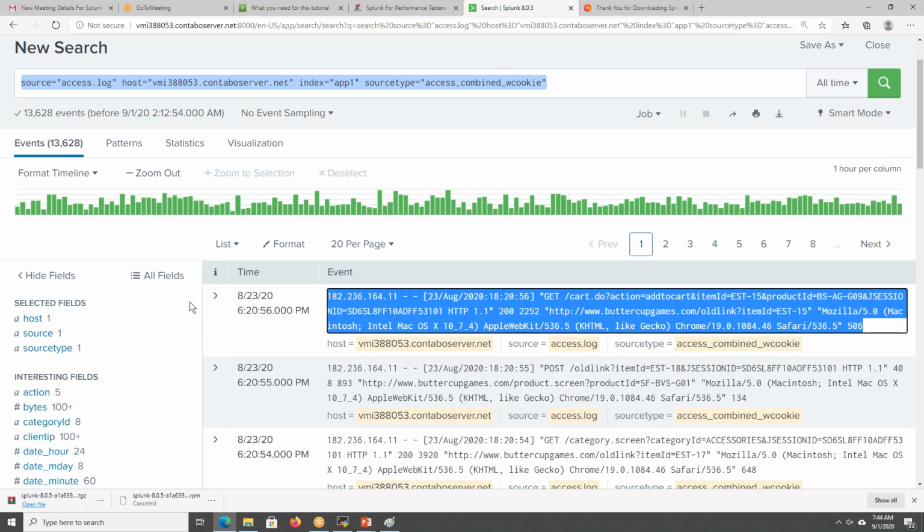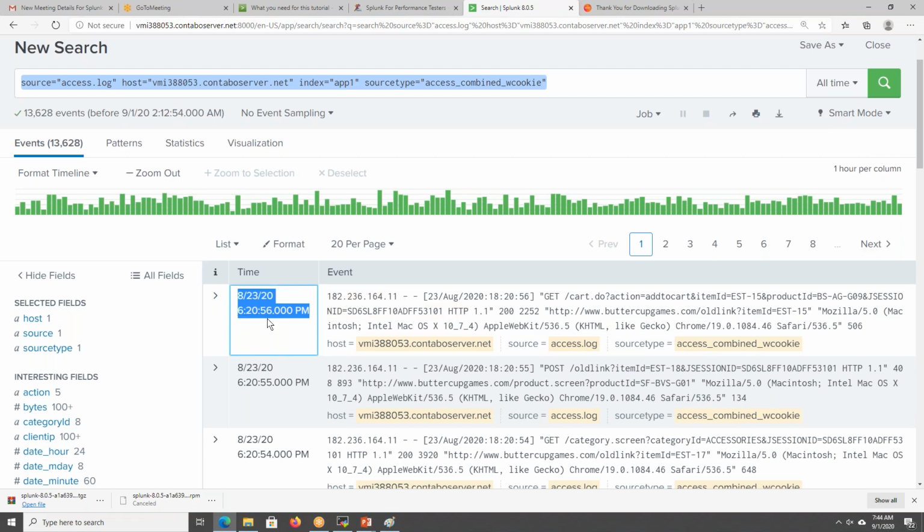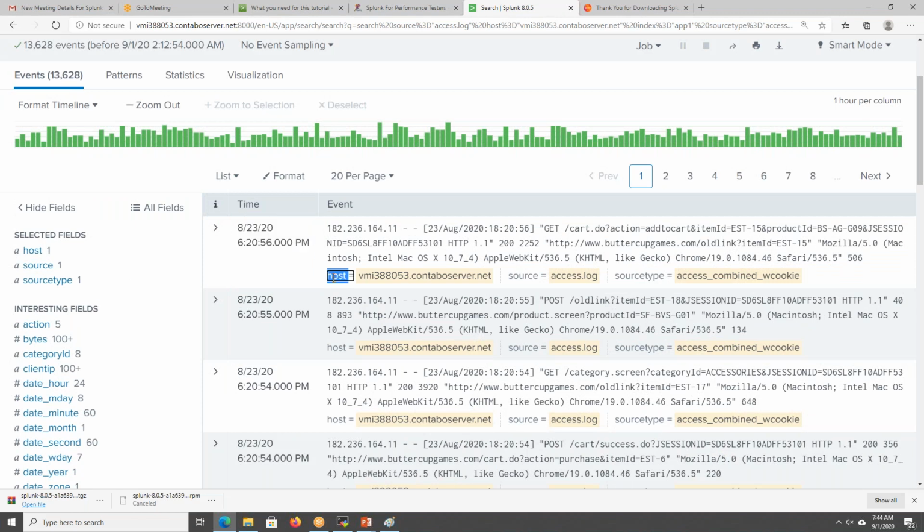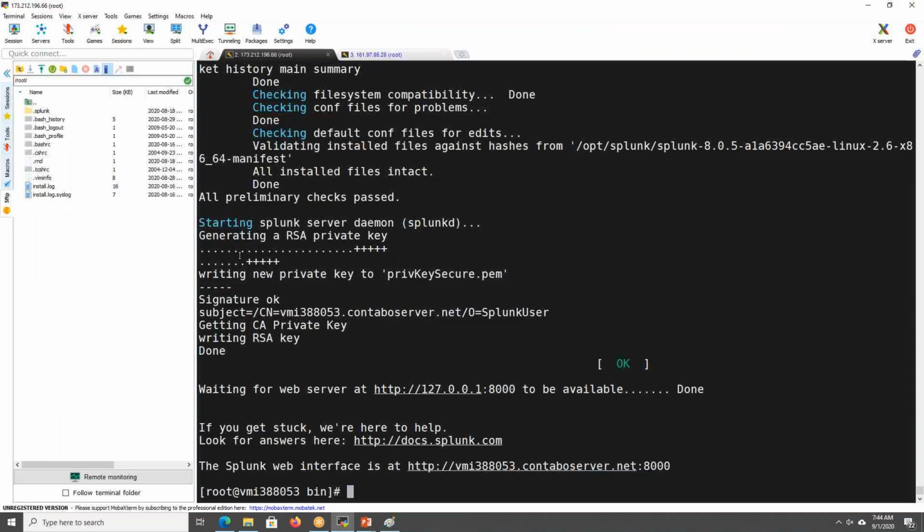While getting the data into Splunk, we will add some timestamp. This timestamp won't be generated in your log. If you have it, you will have this one, but Splunk will add it while indexing. Whenever it is fetching, it will add this timestamp associated with it. It will also add some metadata: the host name, the source, and the source type. Now I will show one thing.